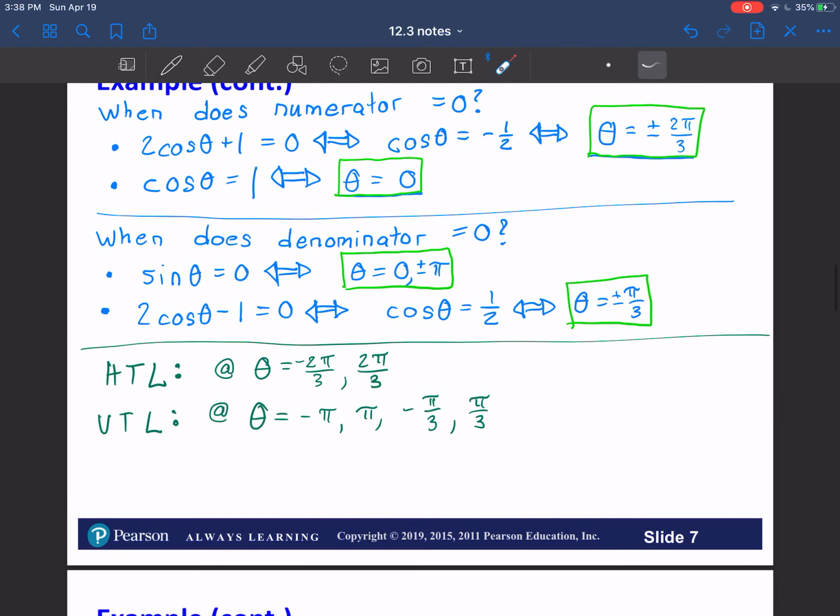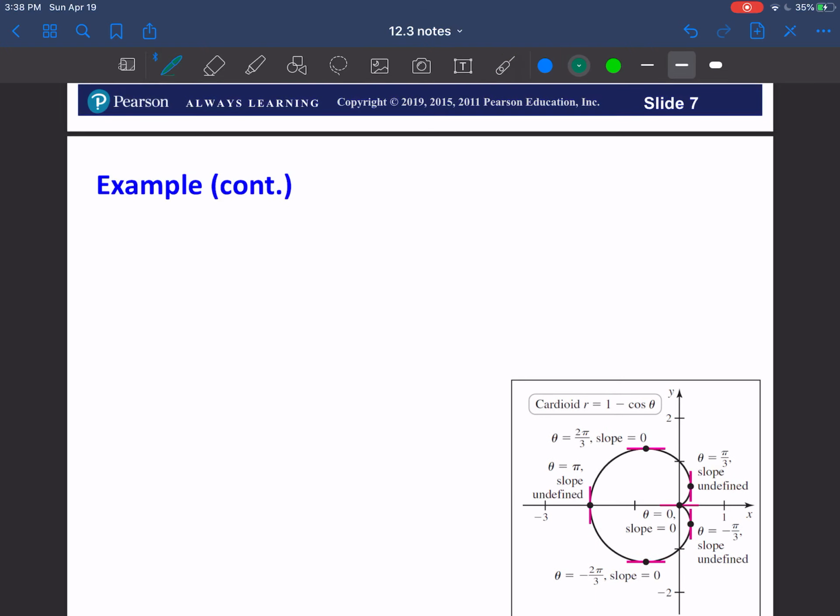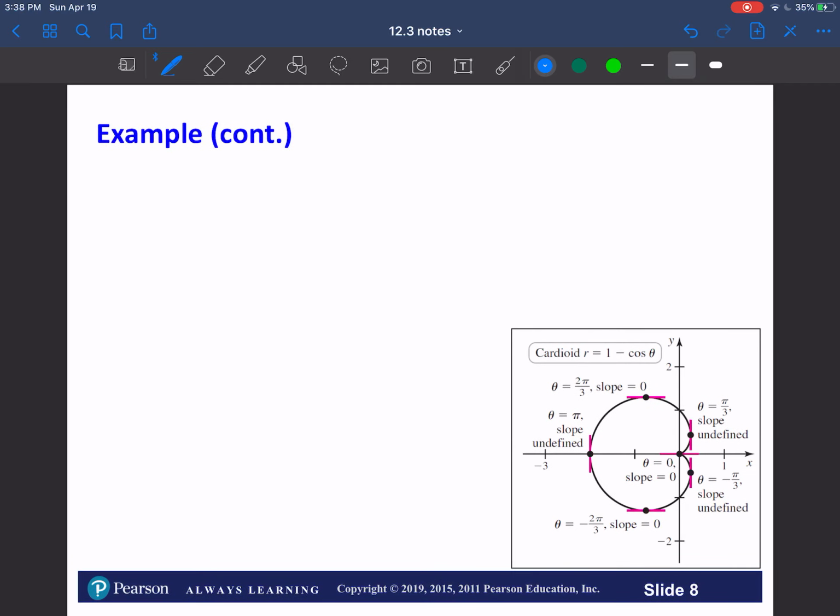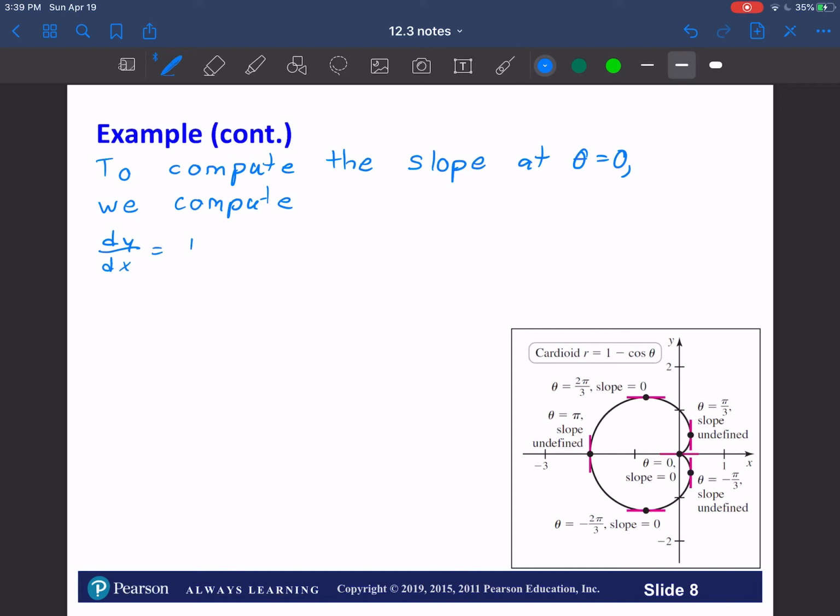So, to compute the slope at theta equals 0, we compute the limit as theta approaches 0 of our fraction, which was